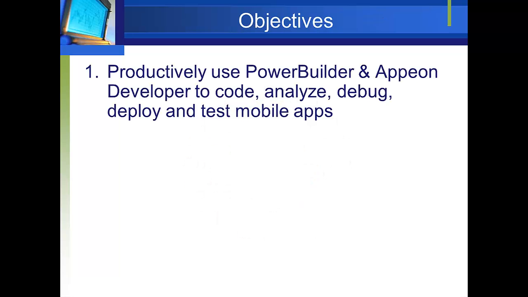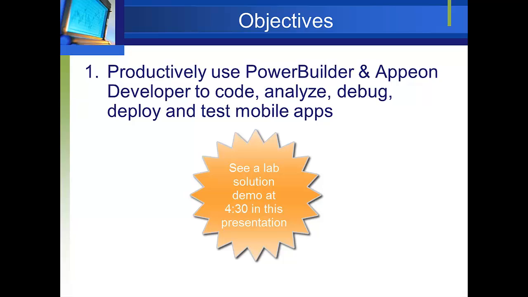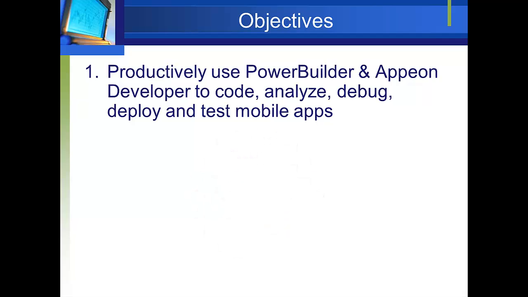The workshop has 6 major objectives. The first is to productively use PowerBuilder and Appeon tools to code, analyze, debug, deploy, and test mobile applications. You'll jump out of the gate with a quick start, during which you'll get comfortable with the tools and basic develop-deploy methodology. In the warm-up lab 1, you'll deploy an open-source PowerBuilder client-server application and run it in the